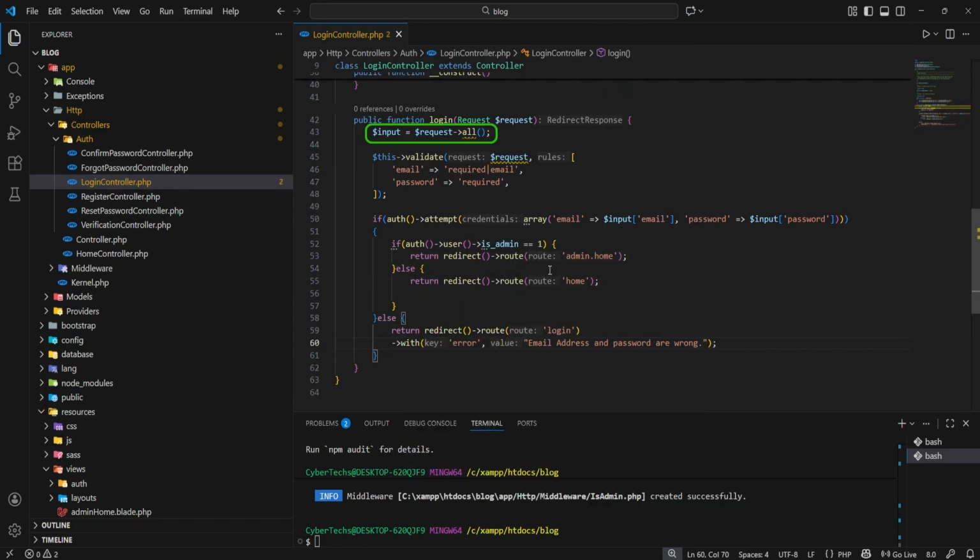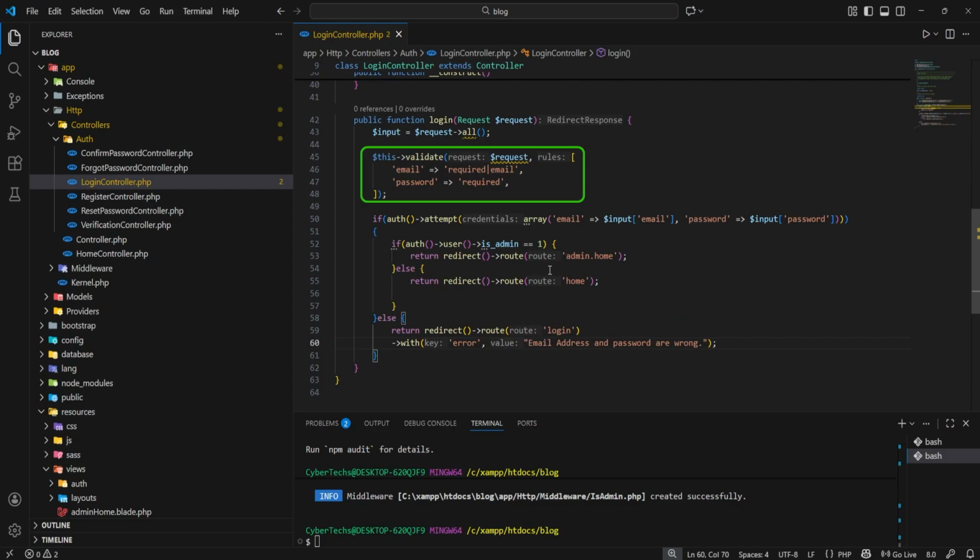First, the function collects all the input from the request and validates it. This validation makes sure the email field is not empty and uses a valid email format, and that the password field is also provided. This helps prevent incomplete or invalid login attempts and automatically redirects the user back if the